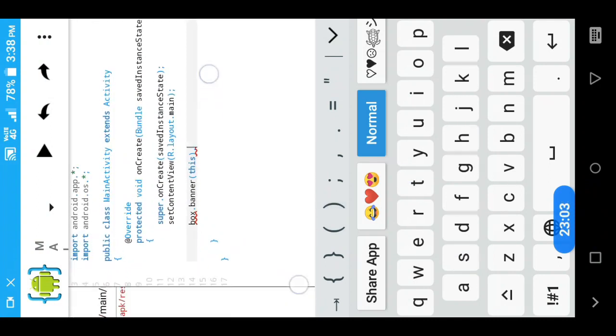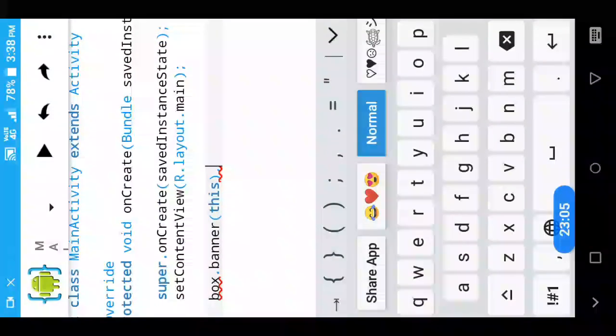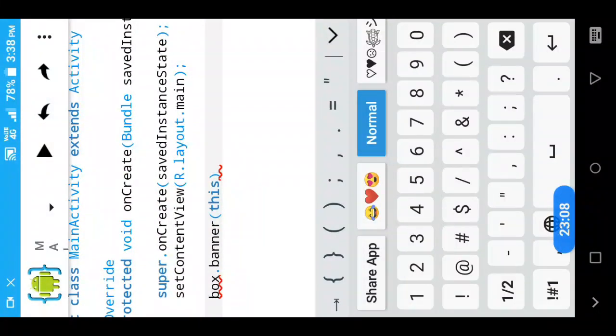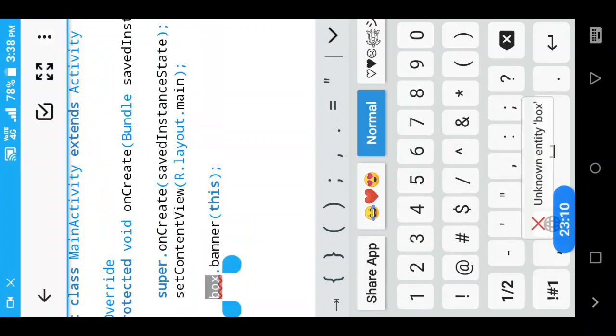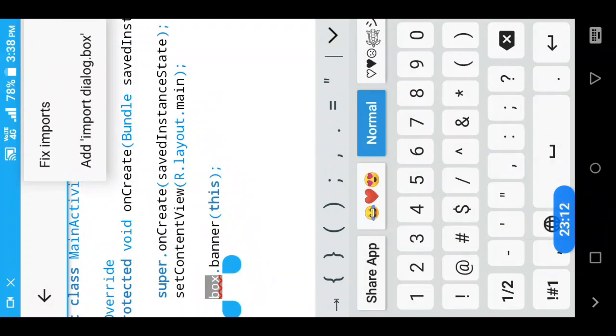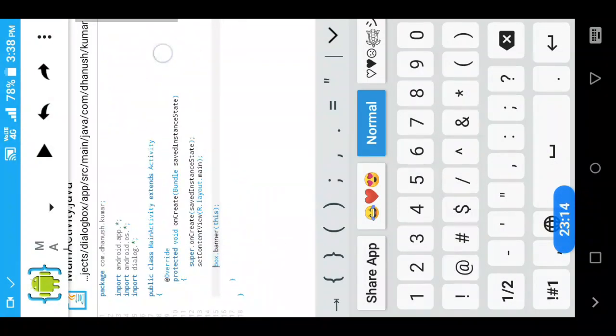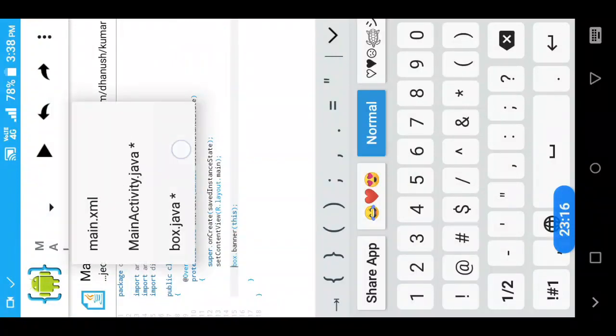So it is completed now. You should add an import.